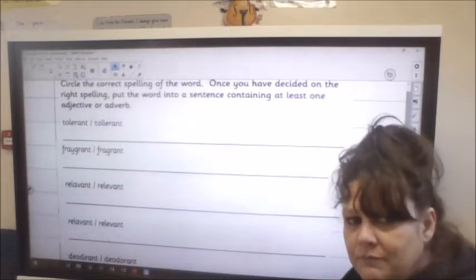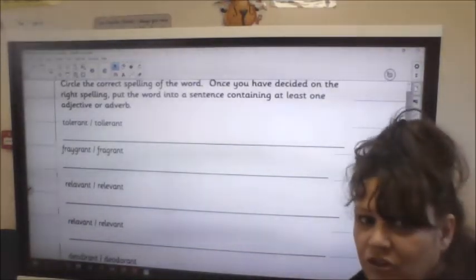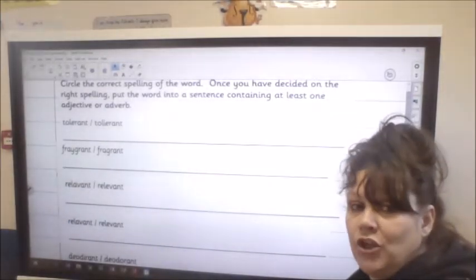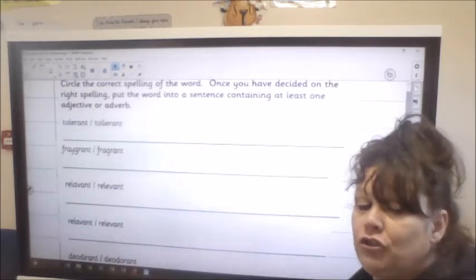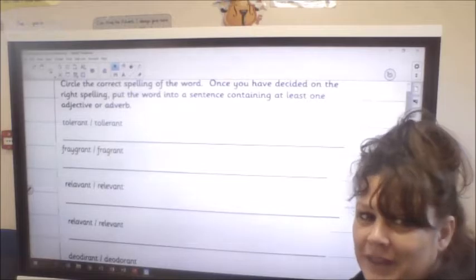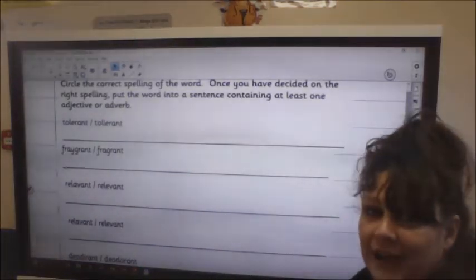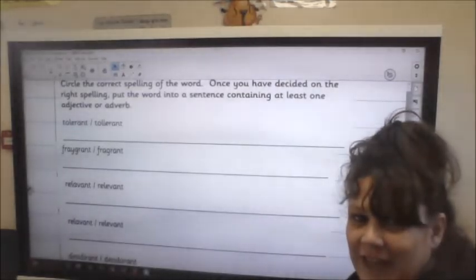So have a look at the words, decide which is the correct spelling, and then use it in a sentence. So you're going to need your purple book, you need something to write with. You need to make sure that you use the correct spelling and check it in a dictionary,